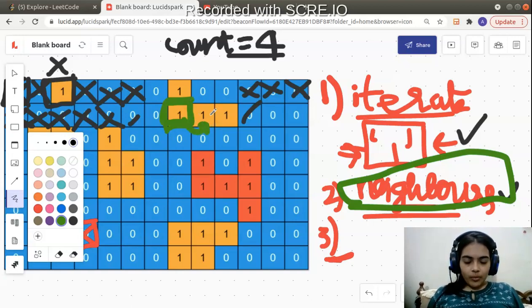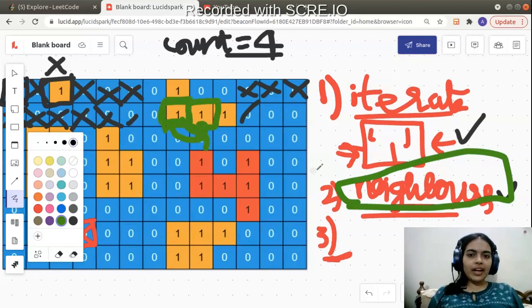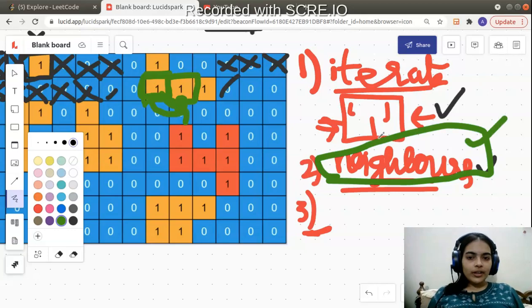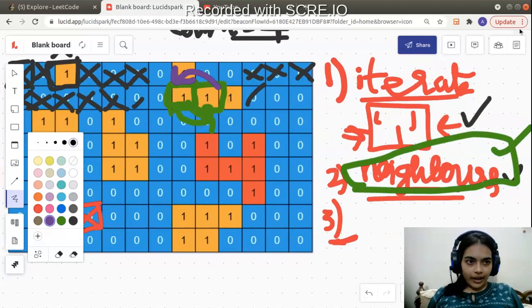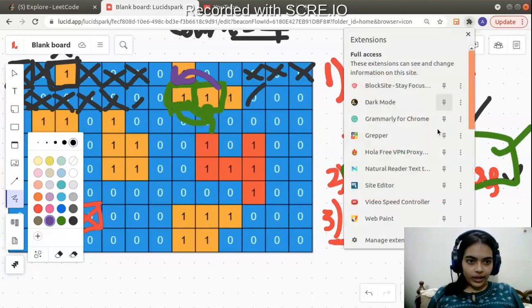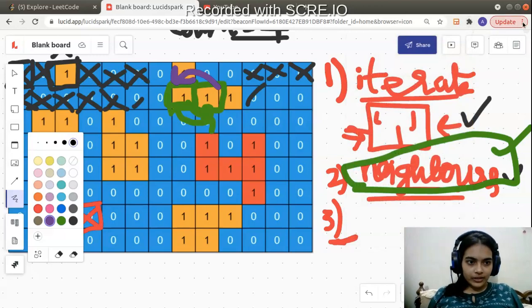Now what happens when it calls its right neighbor? Its right neighbor is going to get called. Now what happens to the right neighbor? The right neighbor will also make a recursive call to everyone, right? So the right neighbor will make a recursive call to its right neighbor, top neighbor, below neighbor, and left neighbor. So the right neighbor will also call this guy again. Can you see this thing here? I will zoom in so that it is more clear. It's very important to understand this concept.